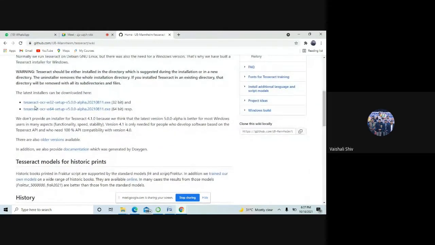Those who are using Windows can install this 32-bit version, if the configuration is that. Please share the link. Yeah, I will share. And this is regarding the 64-bit.